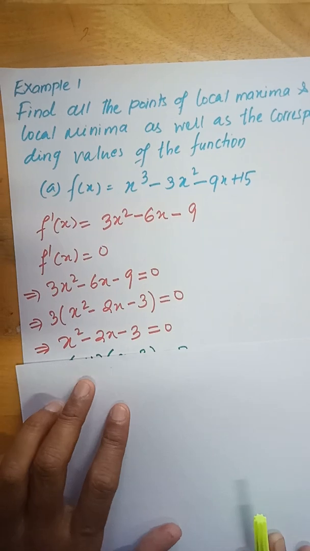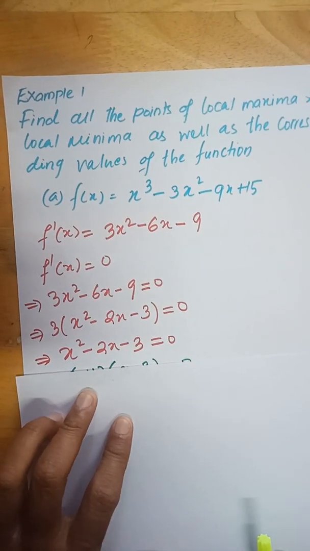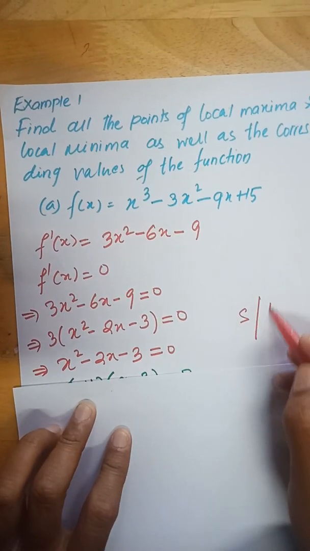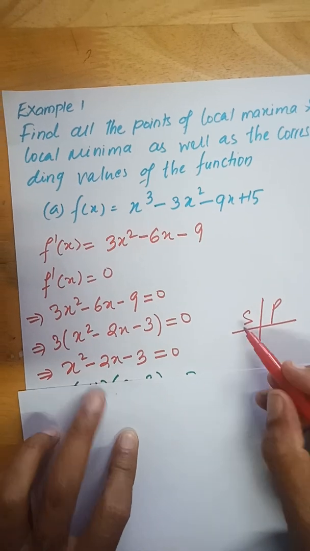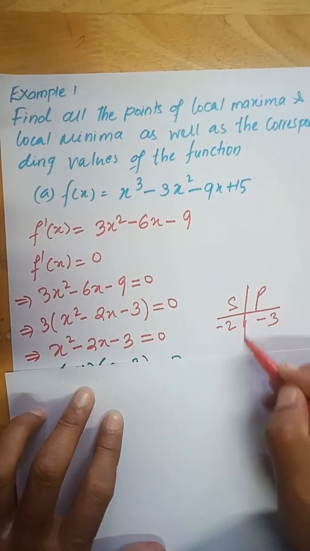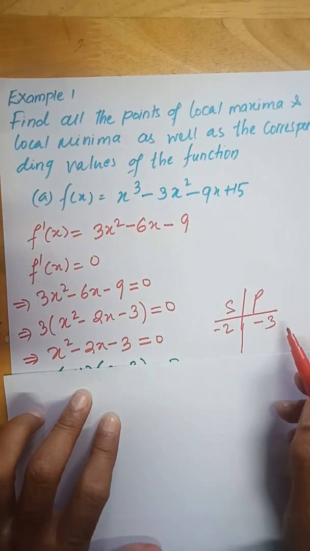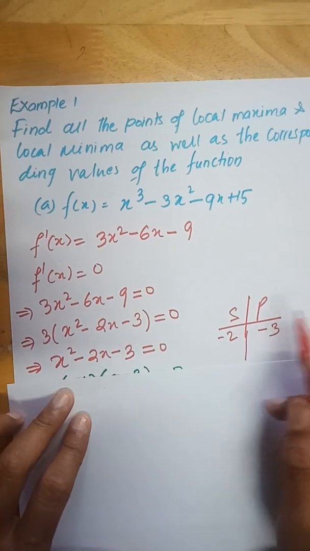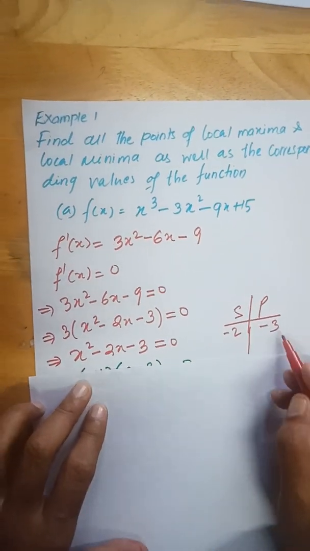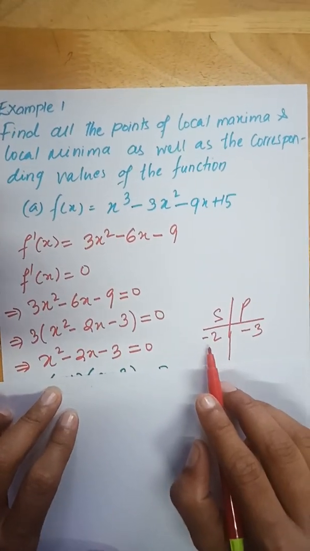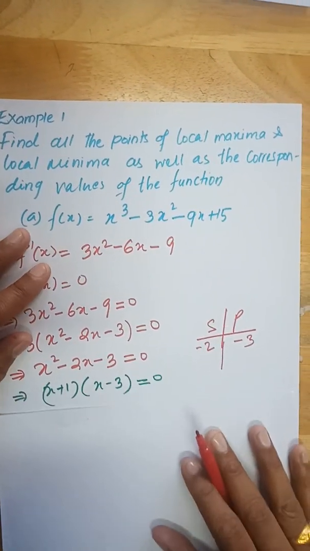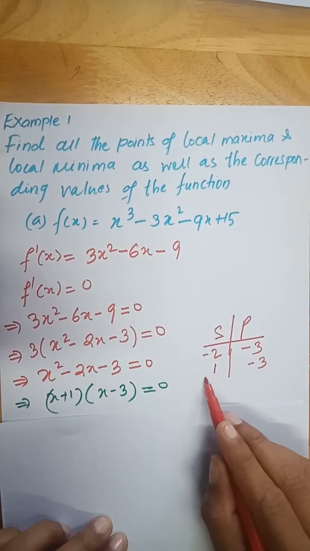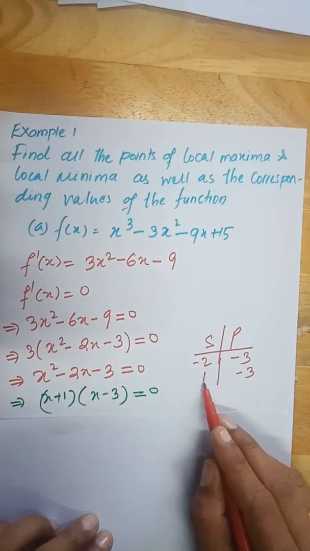In this method, what you need to use is the sum and product method. So sum means the value b here, that is minus 2, and product is minus 3. So you need to identify two values such that when you multiply you get minus 3 and when you add you get minus 2. Okay, so in this form you are going to get the values as 1 and minus 3. 1 into minus 3 is minus 3, 1 plus minus 3 is minus 2.